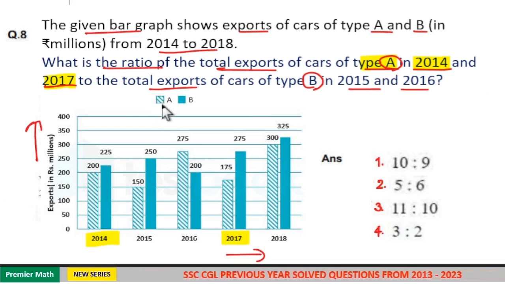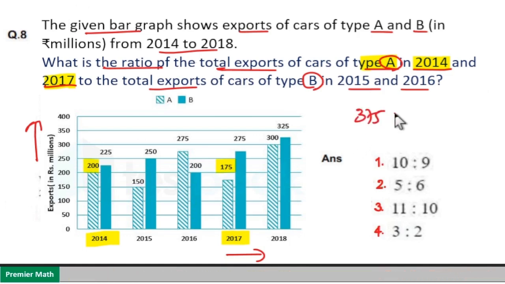Here pattern shows type A and solid color shows B. So in 2014 it is 200 and in 2017 it is 175. So total 375. And we need cars of type B in 2015 and 16. So in 15 it is 250 and in 16 it is 200. So total